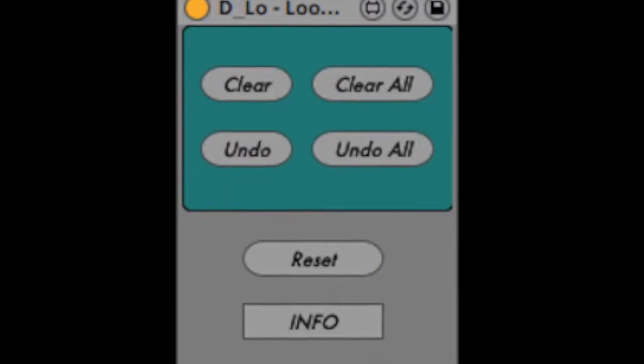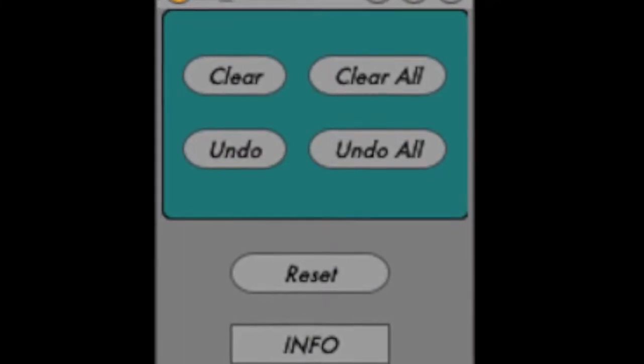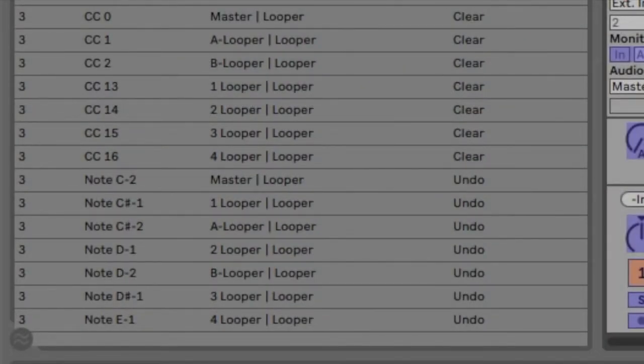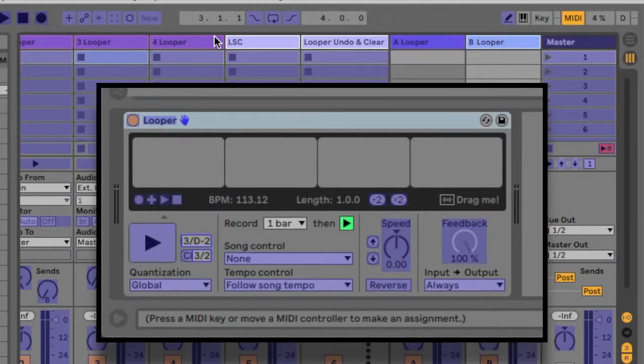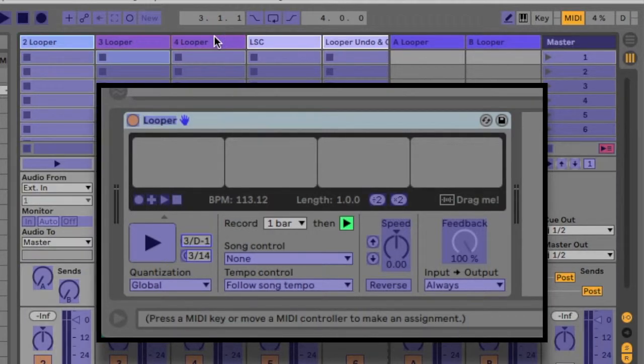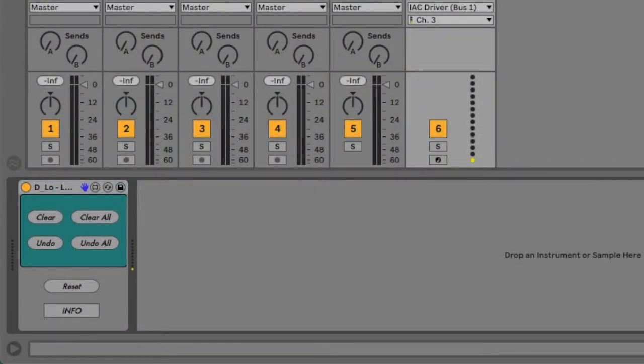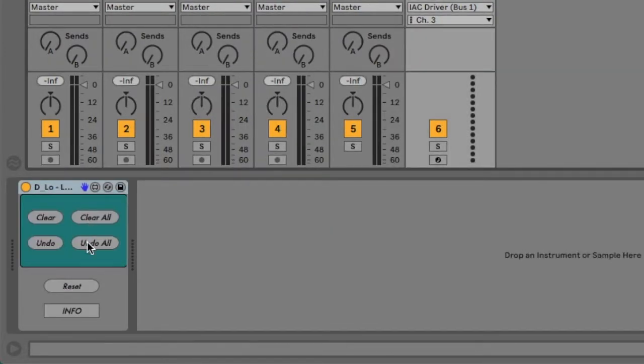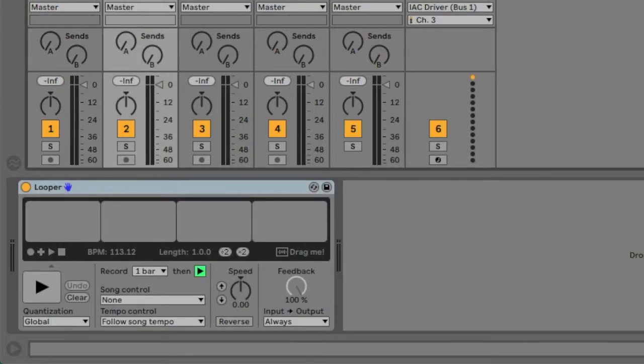In this tutorial, I'm going to demonstrate how to configure and use our looper undo and clear device. This device dynamically generates unique MIDI messages for each undo and clear button of each individual looper in your set. We've also provided undo all and clear all buttons, which perform their respective functions across every looper in your set